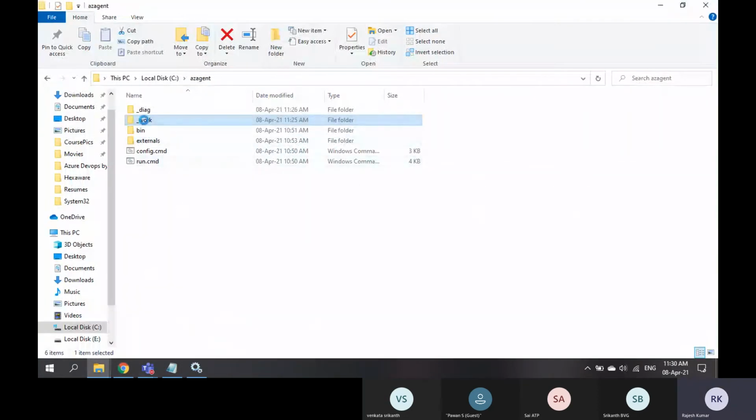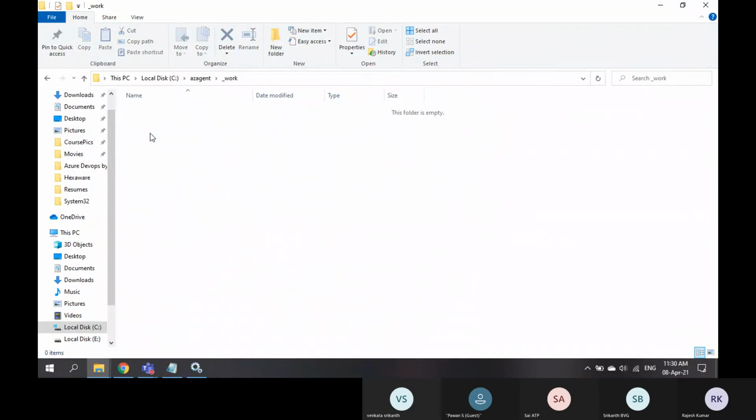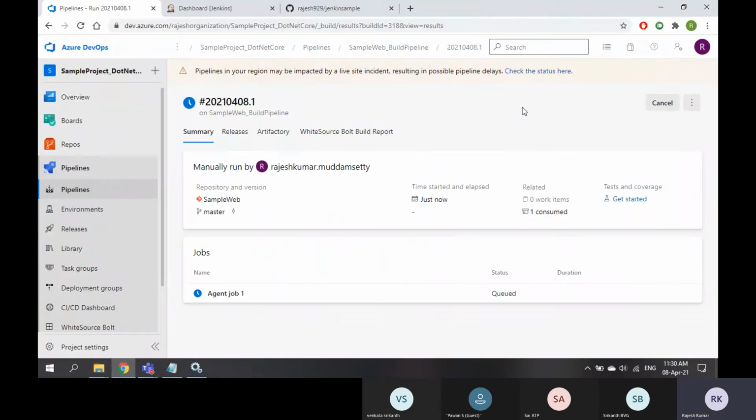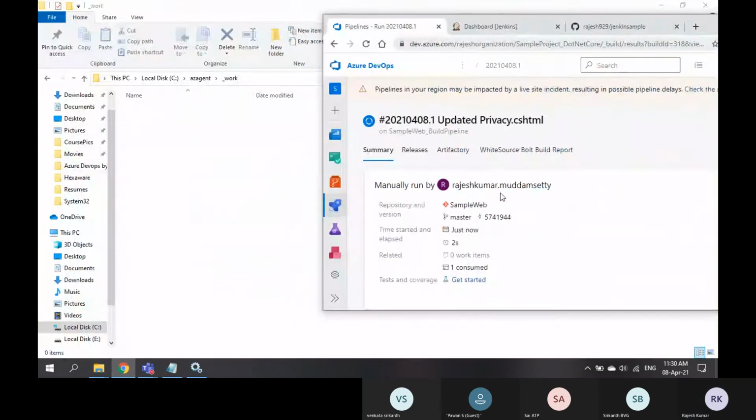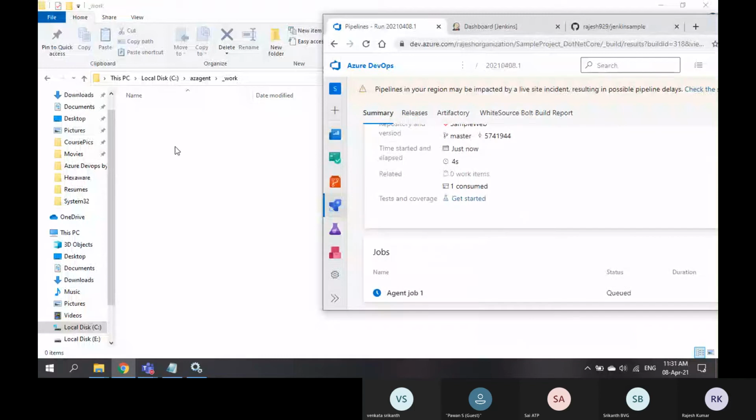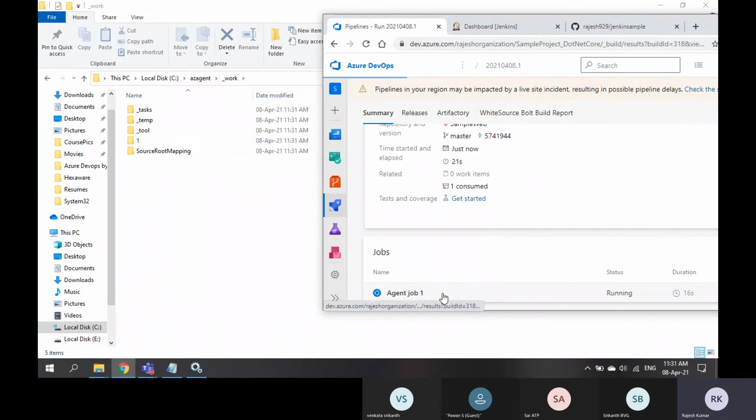see this folder. So here it will create multiple folders. Yeah, this is about tasks. Whatever tasks you have in the pipeline. And one folder is the main thing where you will see all the source code. If I open this job,